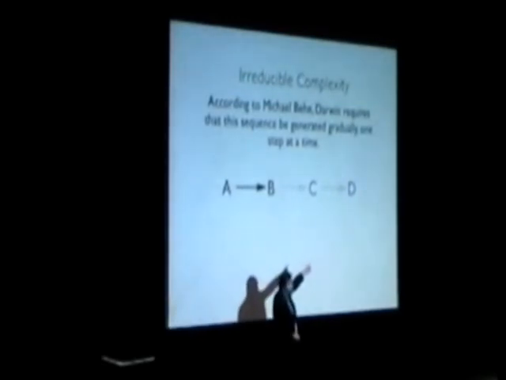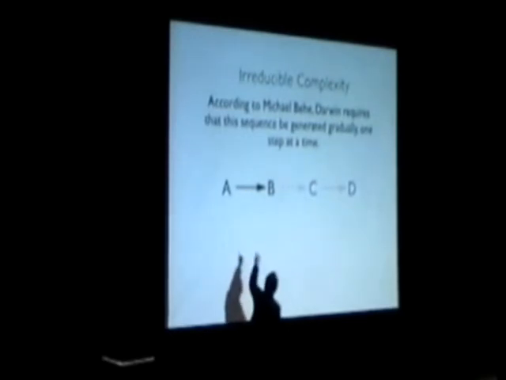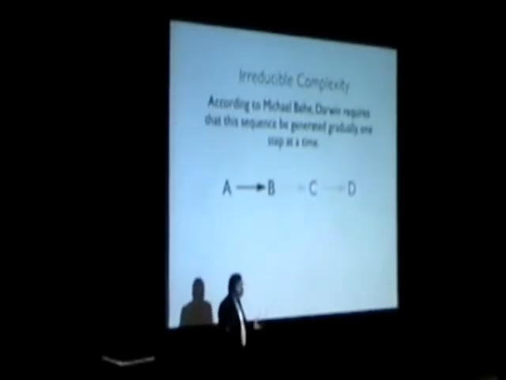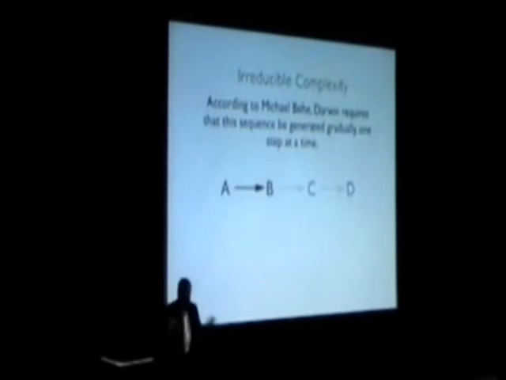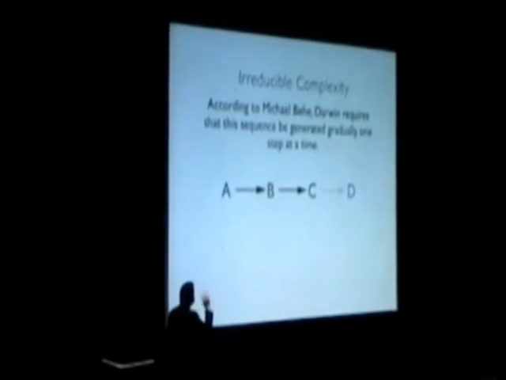This is Michael Behe's argument. He says this could not have evolved. Because what must have happened first is that we must have first evolved A to B. And remember, what we want out of this pathway is D. D is going to do something useful for the cell. If we just evolve A to B, that goes nowhere. That does nothing. So why would you then evolve C and then finally D? It's like this is something that anticipates evolution. It says, well, we're eventually going to get these things, and then it'll work, which is not the way evolution works. Next slide. So what he's saying is there's a sequential evolution from there to as far as the C step, and then the next slide, we get the D step.